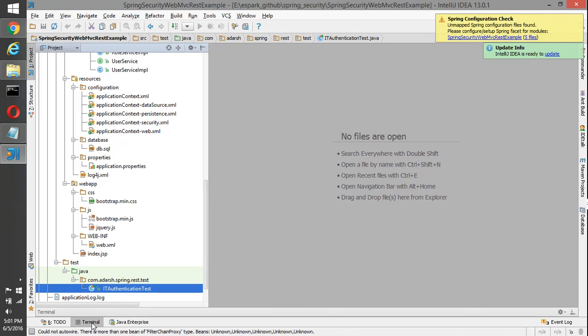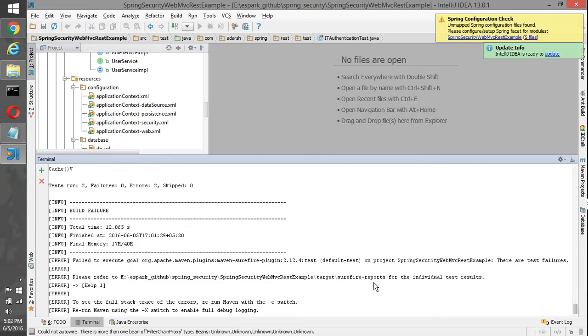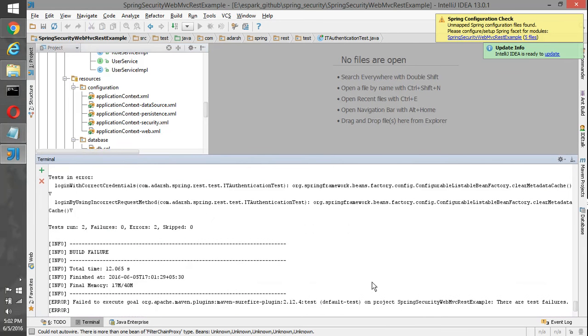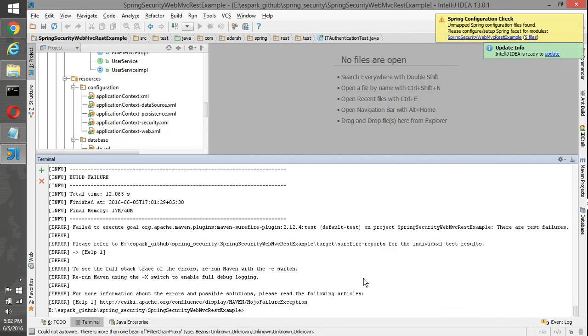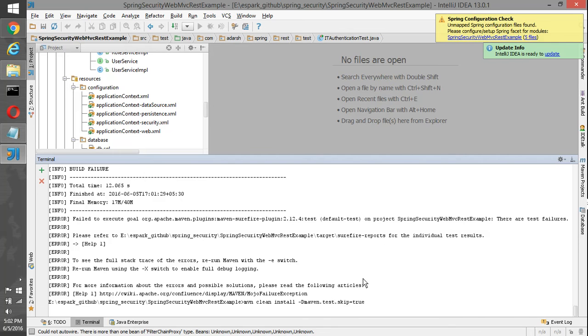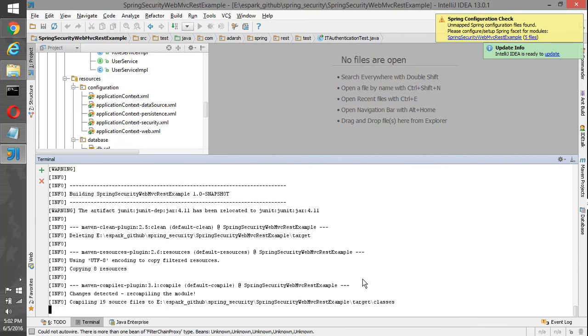I don't want to execute my test case, so -Dmaven.test.skip=true. So I have skipped the test case execution now.